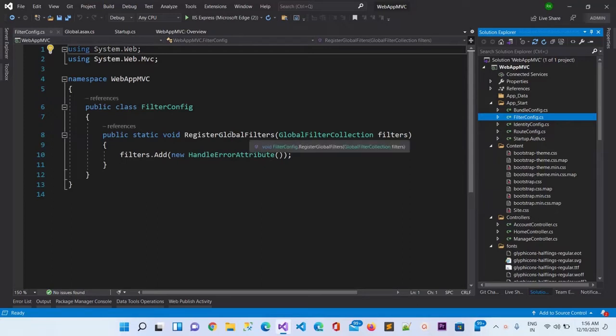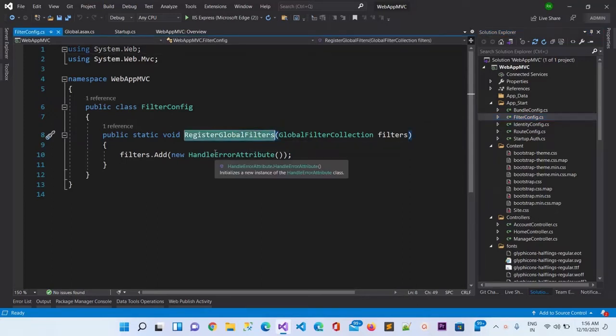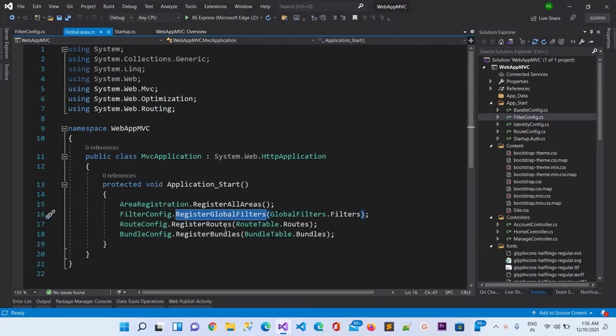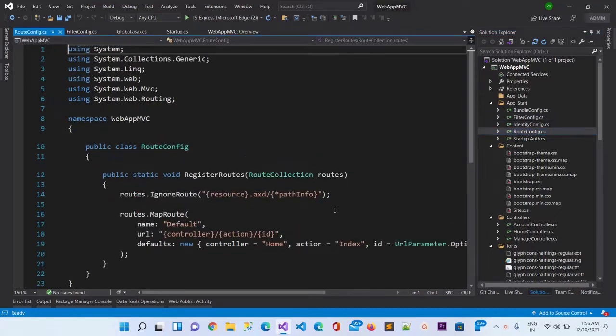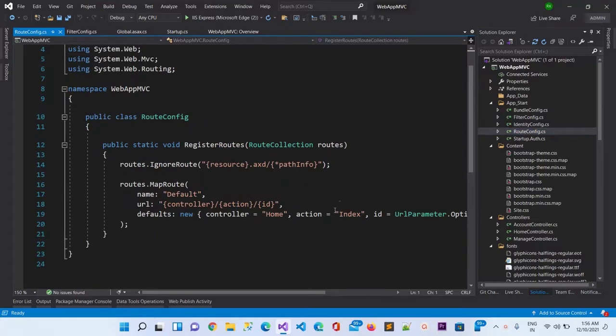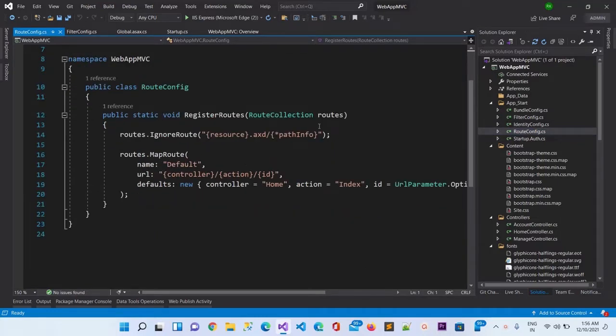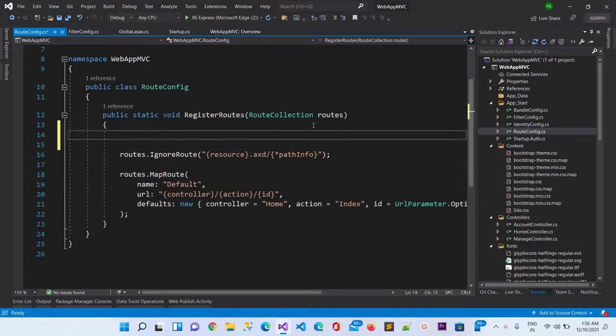You can see RegisterGlobalFilters is here, and the HandleError attribute filter is added here, and then it is registering the routes in the route table. You can also find the route table in RouteConfig. This is the default route, and if you want to add attribute routing, you can also use that.